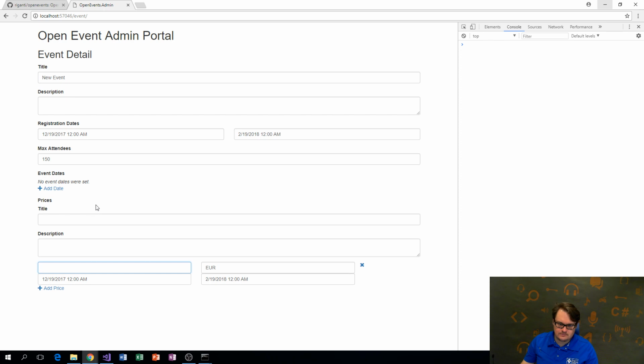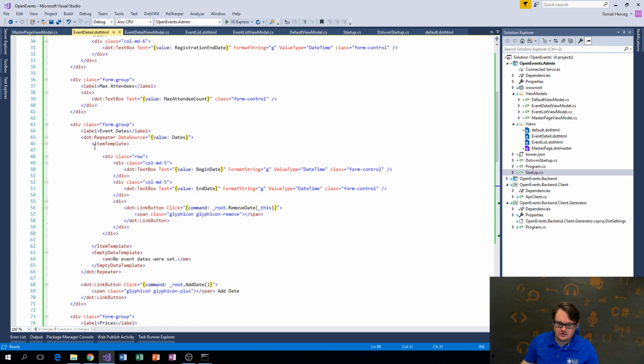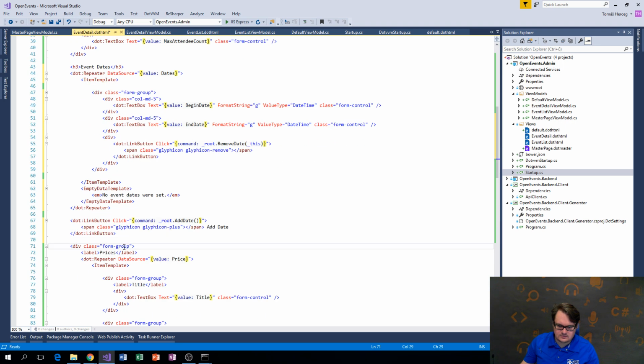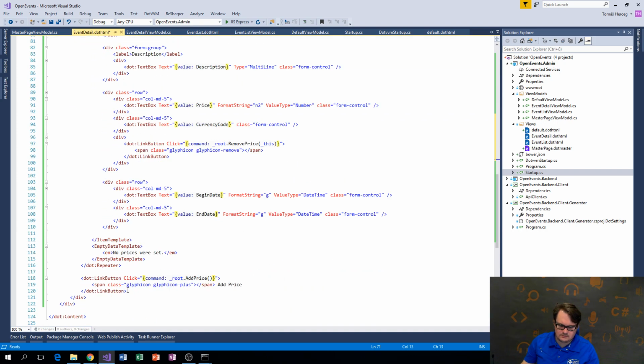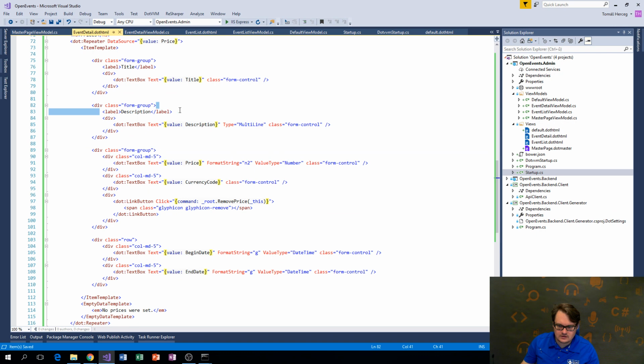Okay, so that's the prices. Maybe we can change the structure like this. I don't like these form groups for the entire section, so let's make form group out of this. And here I can change the label to H3, basically the heading. And here let's do the same thing, so this can be H3, so it's some kind of title. And instead of row, I can use the form group here,